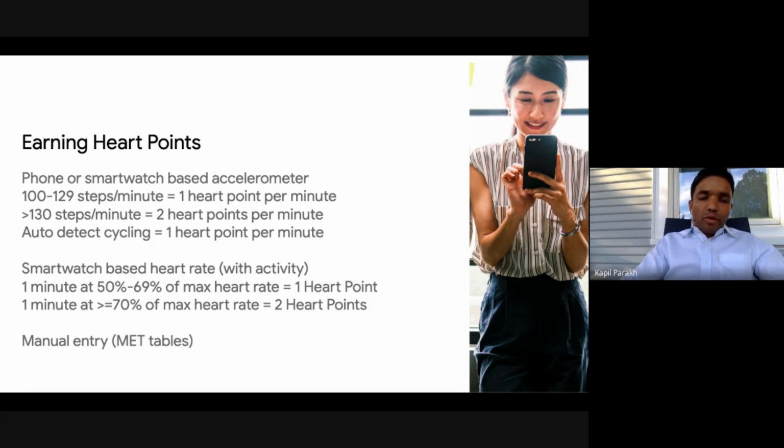And if you don't have any of those things and you just want to enter your workout session after the fact, let's say you went for a swim, you didn't have a watch or phone on you, you can enter a session manually, and the app will use MET tables to figure out what the appropriate heart points are for